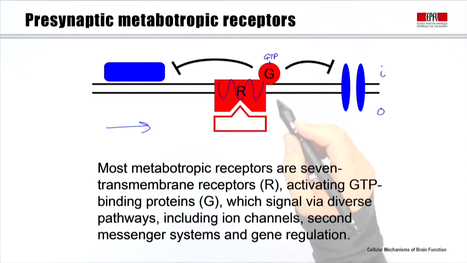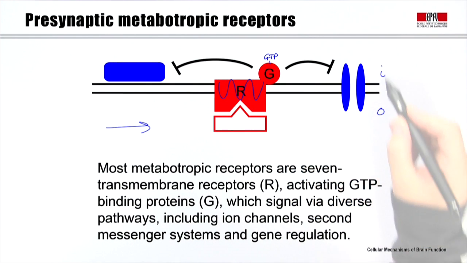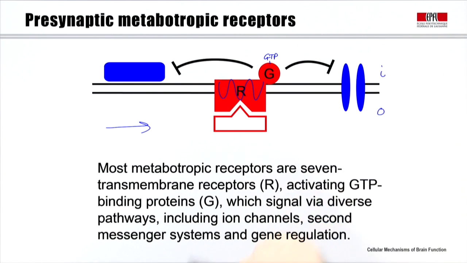It splits into 2 parts, an alpha and a beta gamma part. They can then diffuse inside the cell, and in part they might act directly upon ion channels. And in part, these G proteins might act upon other enzymes present inside the cell,